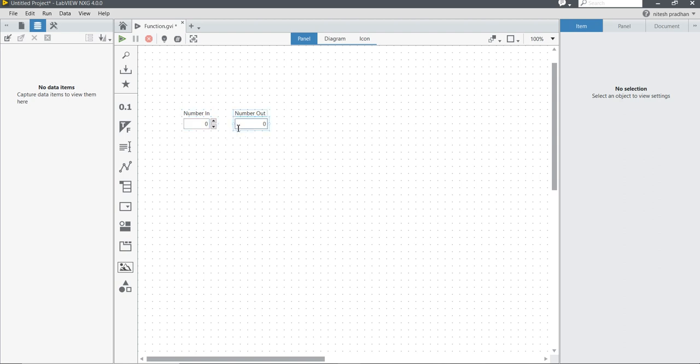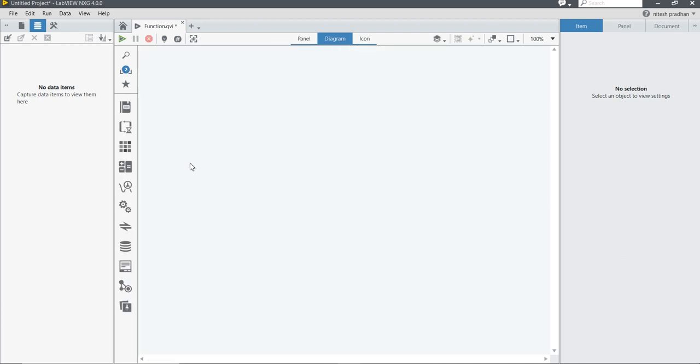Now coming to the diagram, when you click in the diagram you will not get anything. It is not like LabVIEW. In LabVIEW, when you take a numeric control, one numeric control terminal automatically appears in the block diagram. If you take a boolean control or string control or indicator, the appropriate terminals automatically appear in the block diagram.